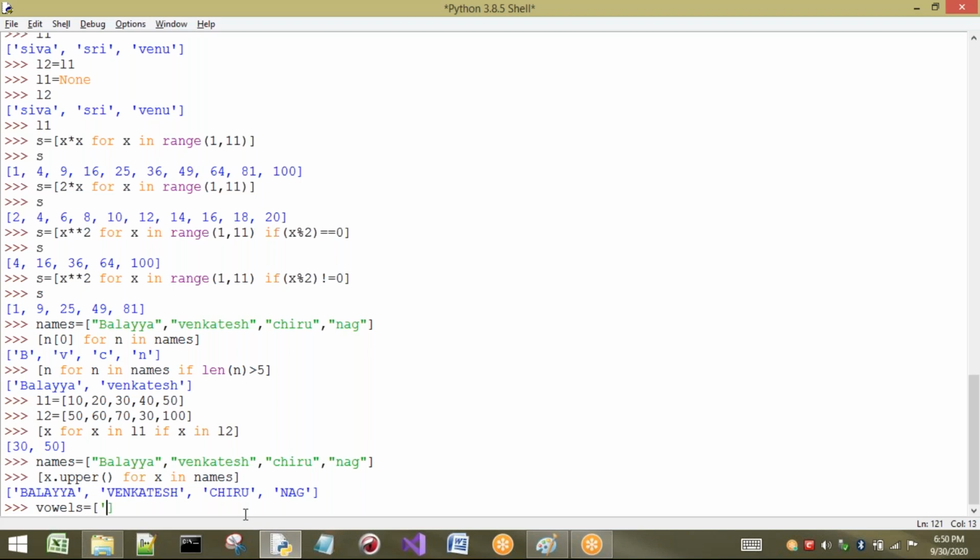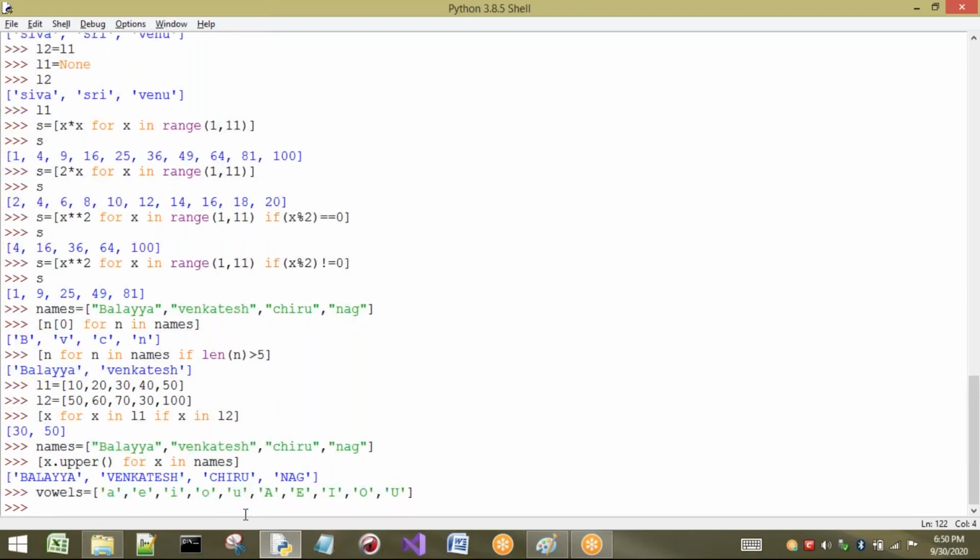I will take lowercase: a, e, i, o, u. Anyway, I will take capital letters also: capital A, capital E, capital I, capital O and capital U. So these are the vowels I am going to store.